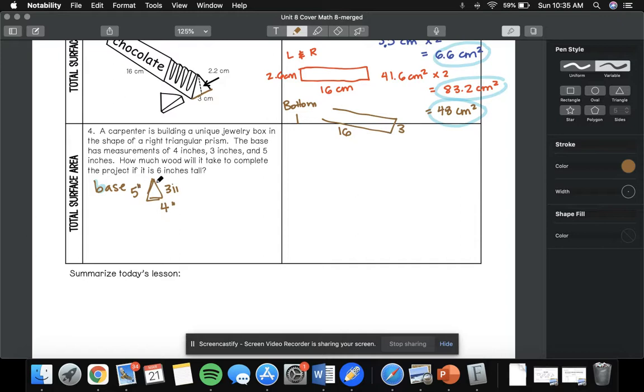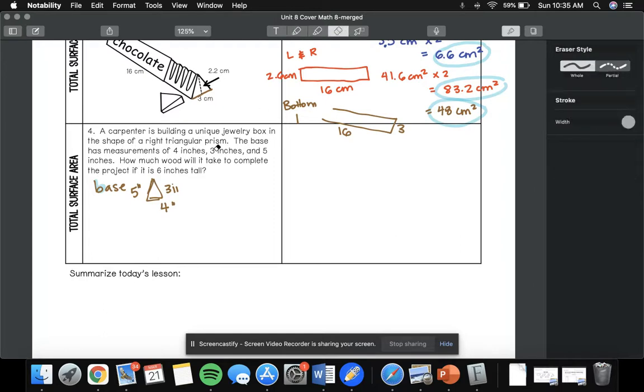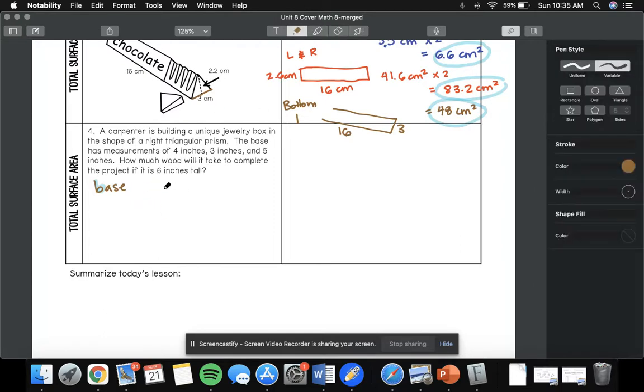Okay, and now we have to figure out, oh, I guess it's a right triangular prism. I guess I should draw the right shape, huh? Okay, so a right triangular prism, so a right triangle. It is 4 inches, 3 inches, and 5 inches. Okay, how much wood will it need to complete the base if the project is 6 inches